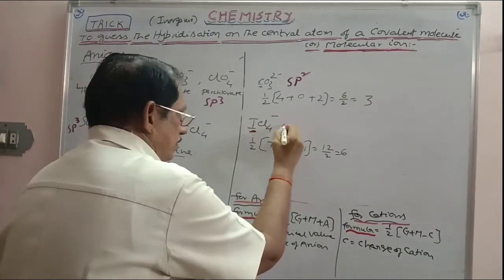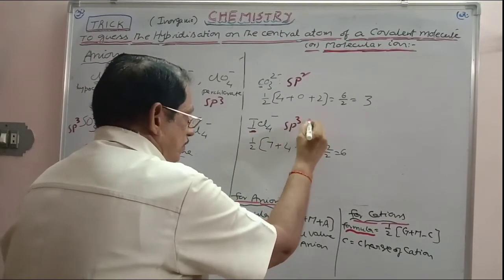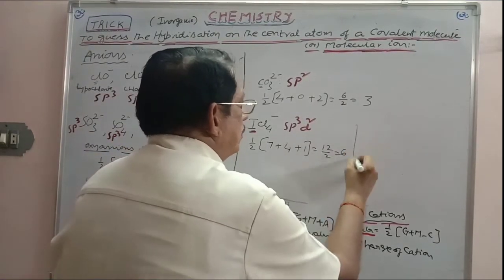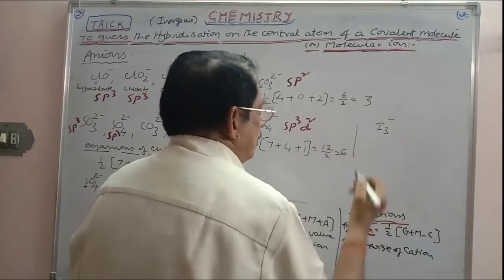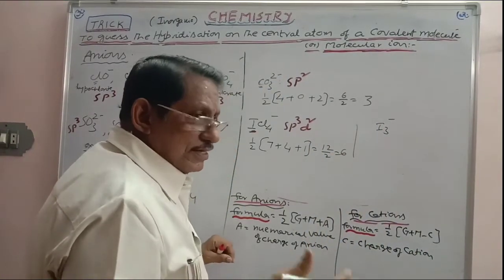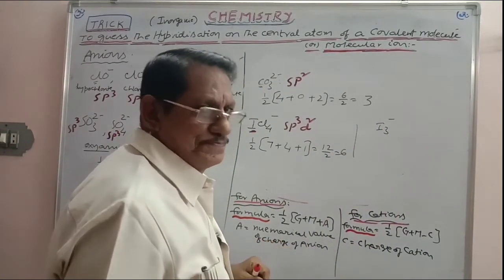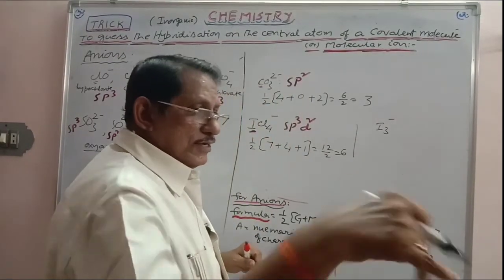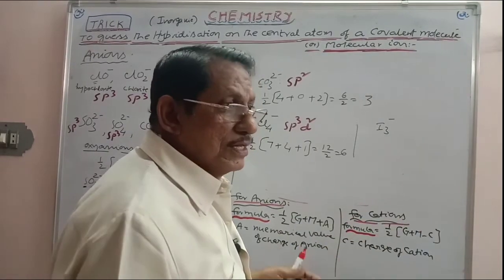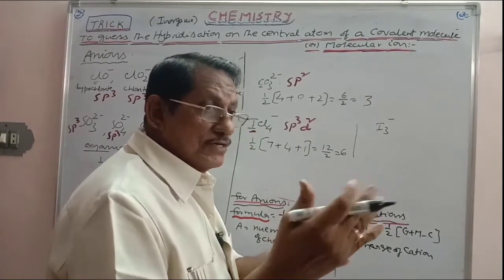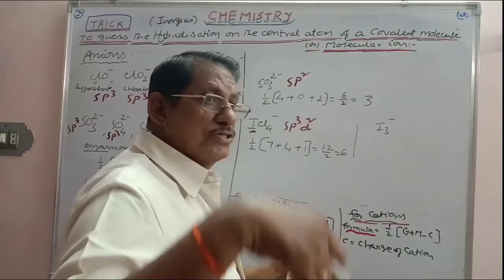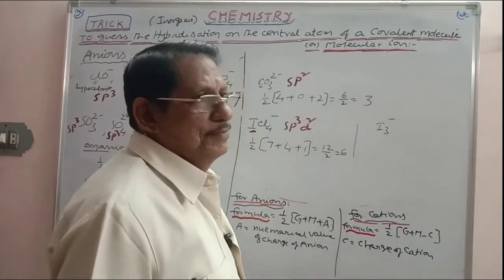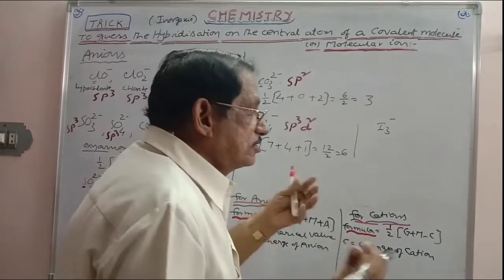So in this case, iodine undergoes sp3d2 hybridization. And one more peculiar example I am giving you here, I3-, the triiodide ion. Very interesting example. Triiodide ion is an example of a complex ion. Potassium iodide is able to dissolve iodine. Iodine dissolves in potassium iodide. Why? Due to the formation of KI3, K+ I3-. Due to the formation of the complex potassium triiodide, iodine is soluble in KI solution. That is the I3-, triiodide ion. It is a complex ion.